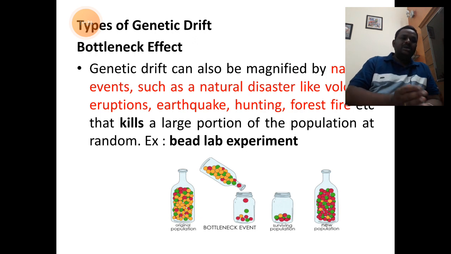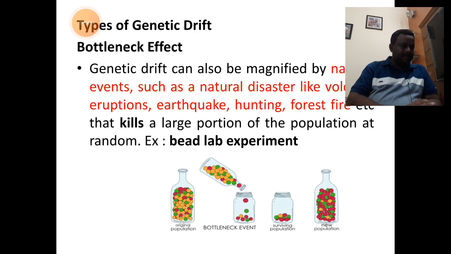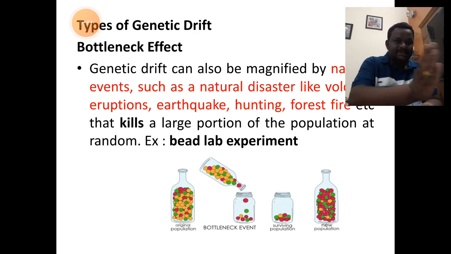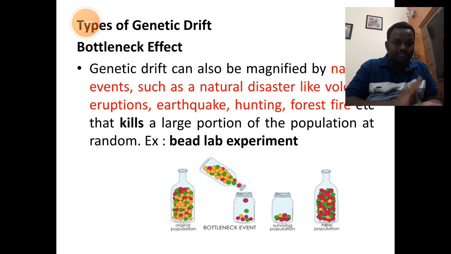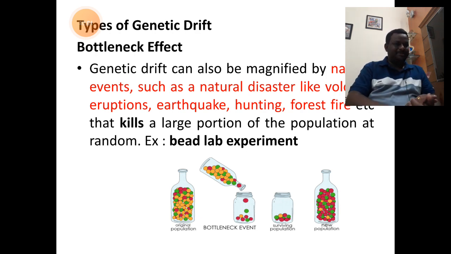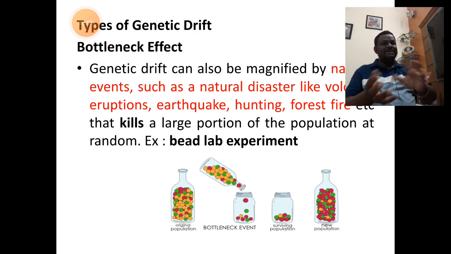Now, the third sequence of the bottles indicates the selected alleles. Now, these selected alleles show the third sequence shows 3 red balls, 3 green balls, 1 yellow ball. So allele frequency is getting changed for this particular group